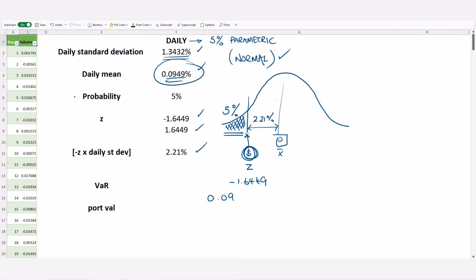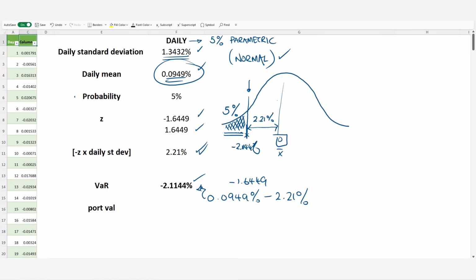It's 0.0949%. And I know this point here is, I've just calculated, 2.21% below that mean, which gives me a VaR of minus 2.1144%. That is this point here, the cutoff. So I can say if that point there is minus 2.114%, let's fill it in, minus